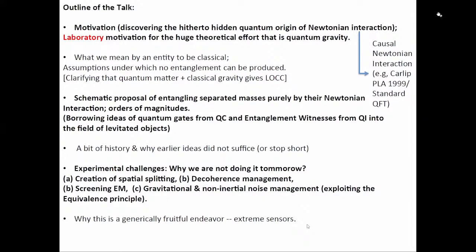The underpinning, giving an empirical motivation for that area. Okay. Now, of course, if I am to prove that something is quantum, I first have to describe what I mean by classical. Classical is also something you have to define beforehand, right? So that I will define, and then I will clarify that if I define classical gravity in that way, then